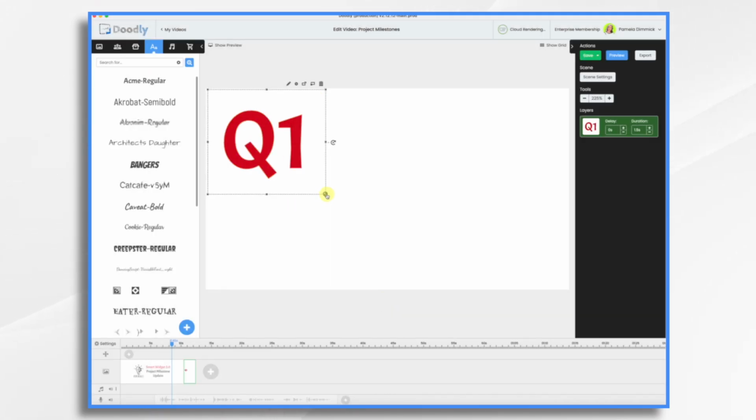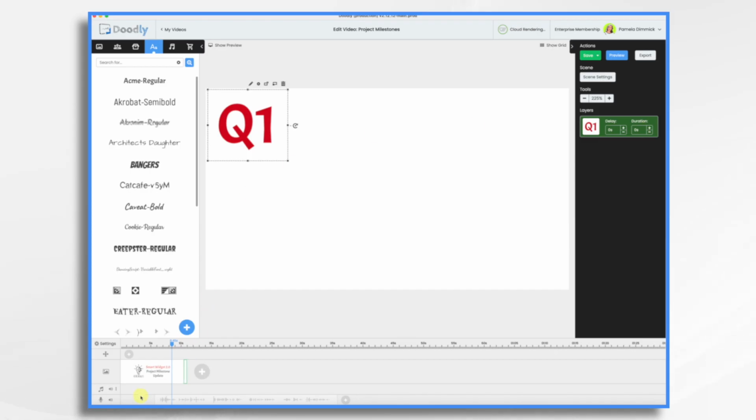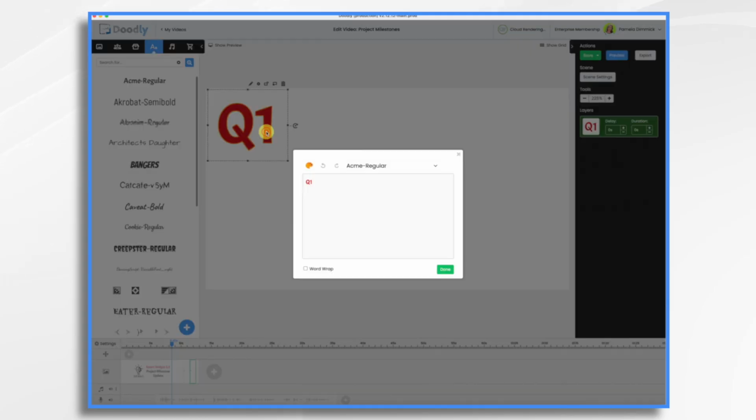And once I like the sizing and color and position and duration, I think we're going to make it a 0 duration. Then I'm going to duplicate this scene. So right click, duplicate, and then one more time, right click, duplicate, and then we'll do